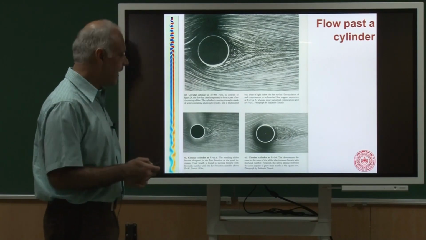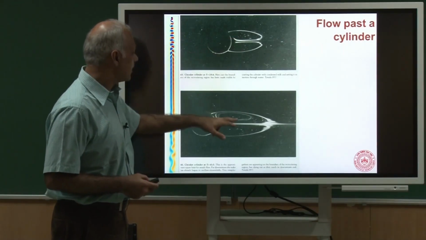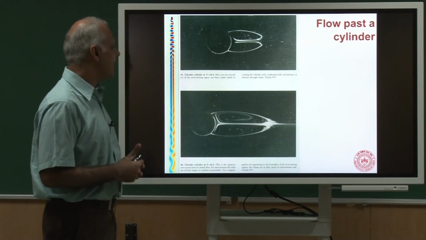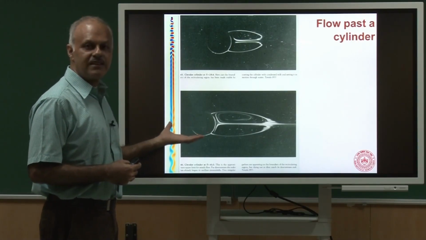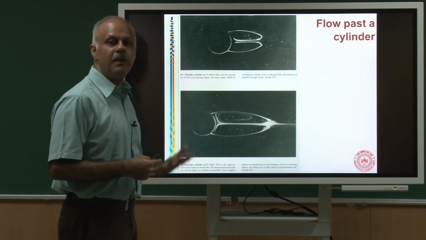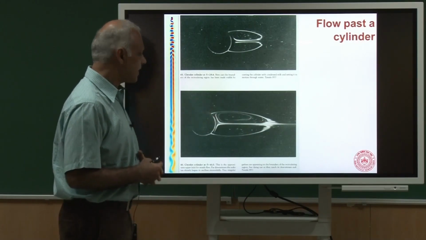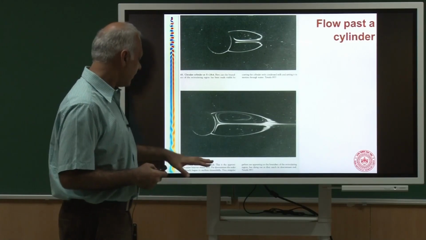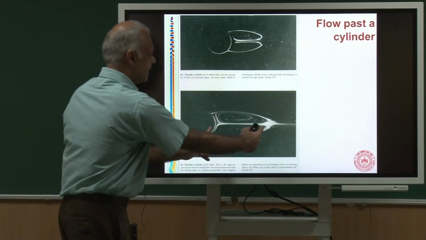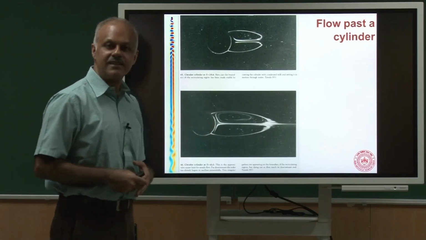Okay, let's see what happens at higher Reynolds number. So this is 28.4, and now you see bigger vortices. Okay. Now I wanted to show this picture because again the way the picture has been visualized is very commendable. Okay. So what has been used here is condensed milk. Okay. So condensed milk has been used to find out what is the motion of the fluid particles. Okay, this is Reynolds number 41, this is the diameter of the cylinder, and you can see this is the length of the vortices. Okay, so they are far bigger than the body itself.